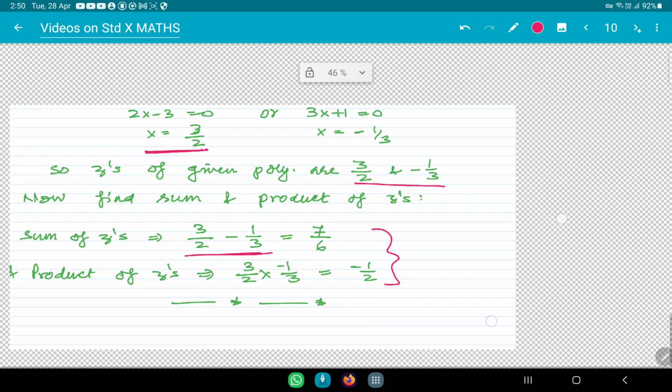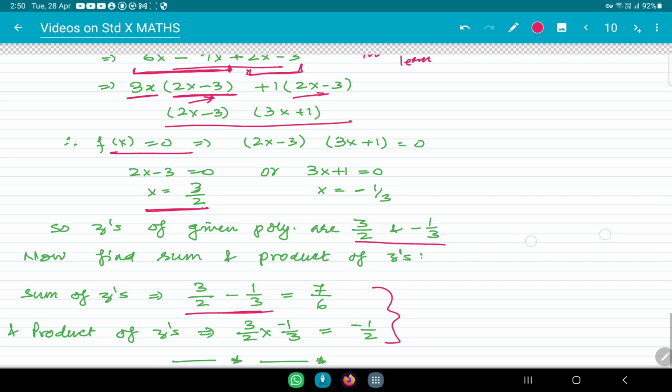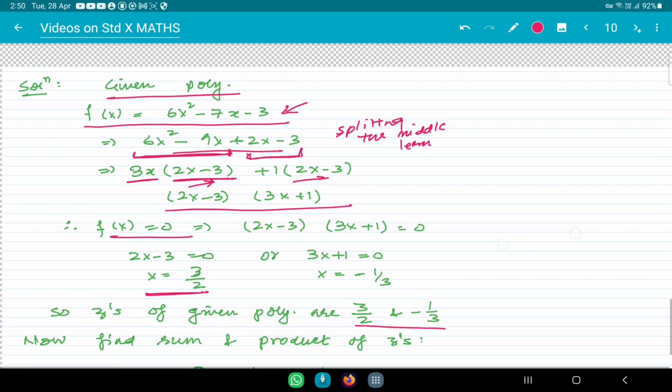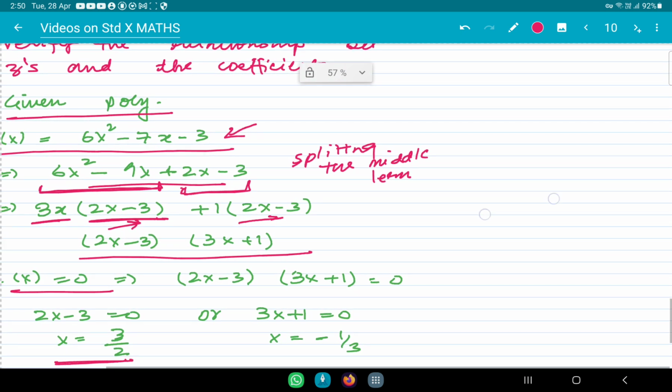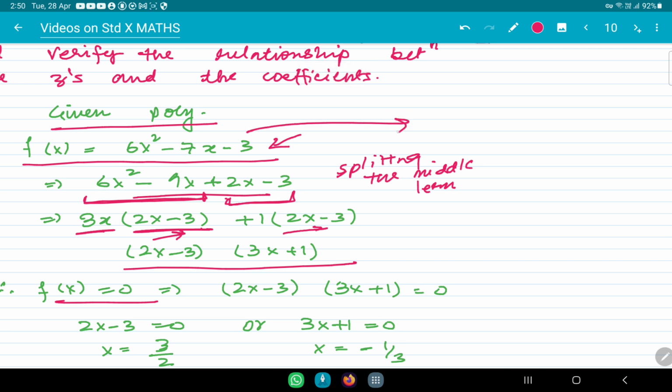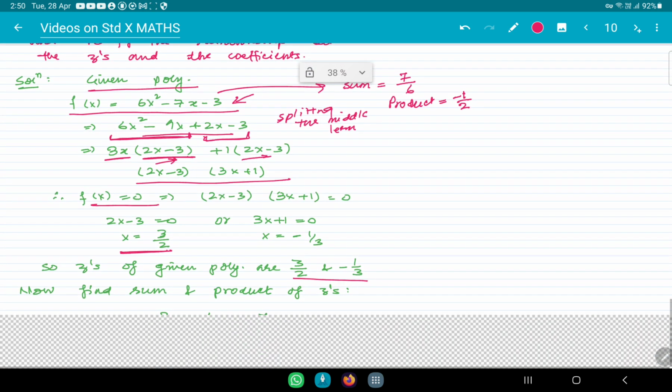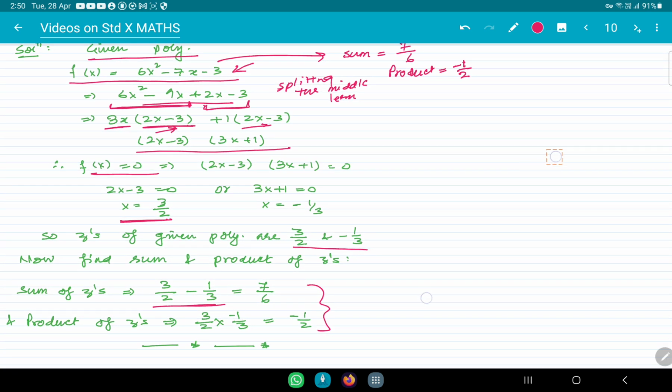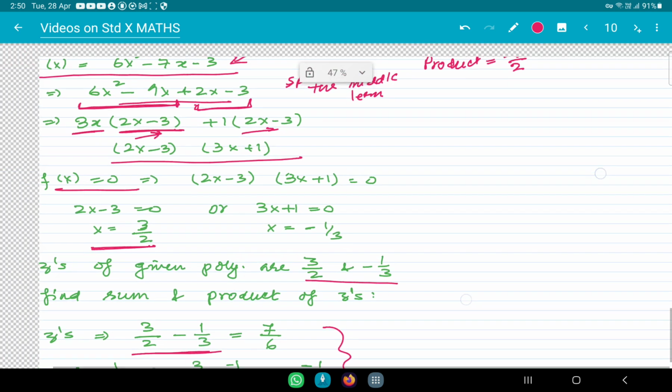So they are the same as the sum of zeros, which means minus b upon a, and c upon a from the given polynomial. Here you can see that if we write the sum of zeros directly through this, minus b by a means 7 by 6, and the product of zeros will be c by a, so minus 3 by 6 means minus 1 by 2. Okay, so see, this is the same as we got. So this is all about the